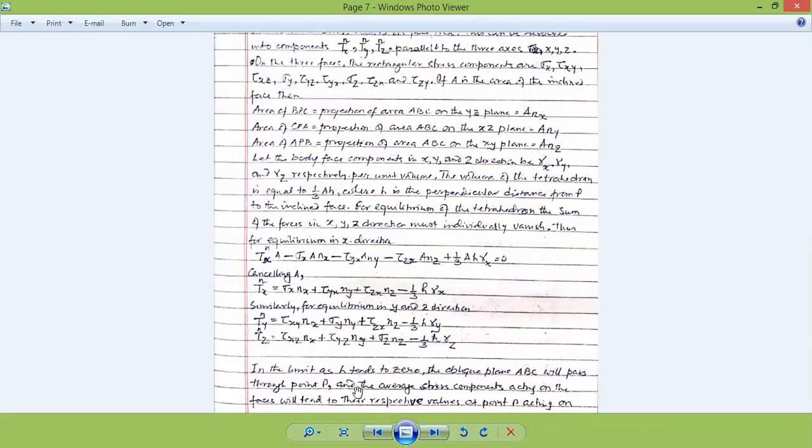in the limit, as h tends to 0, the oblique plane will almost pass through the point P, and the average stress acting on the faces will tend to the respective values at the point P. So all these stress components acting on the faces, along all these x, y, z axes, will tend to their respective values at